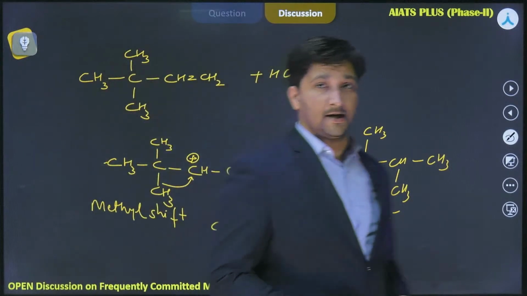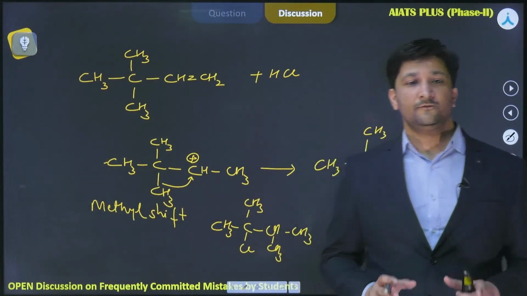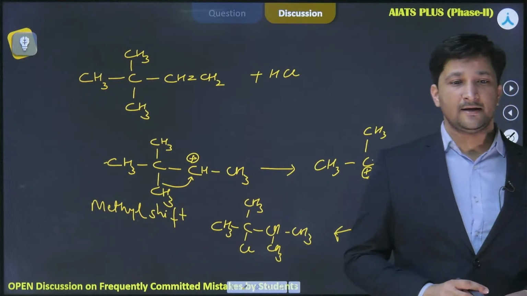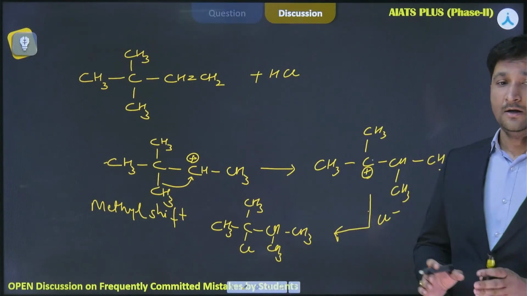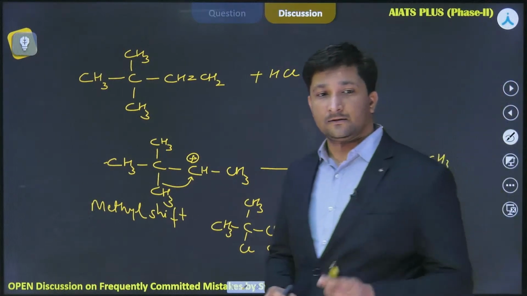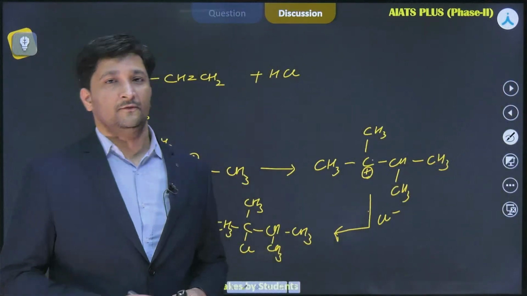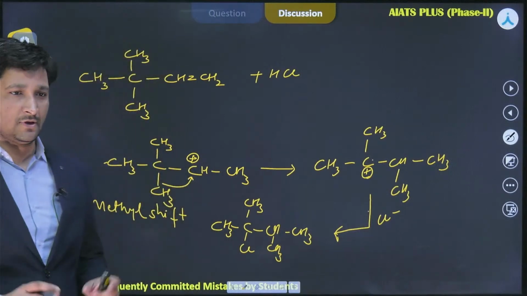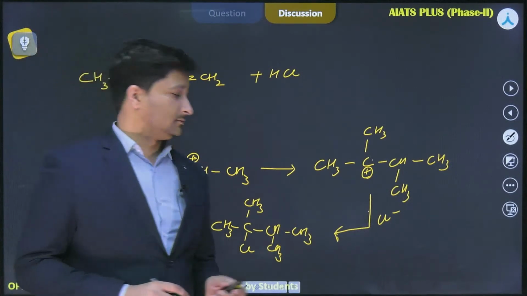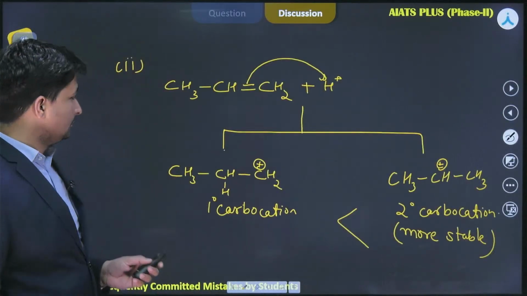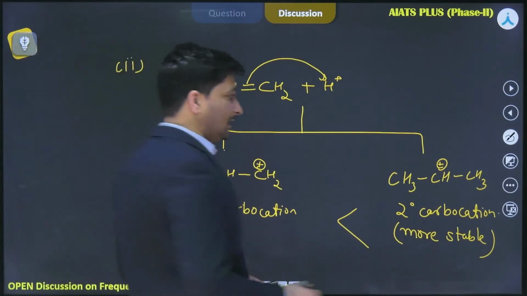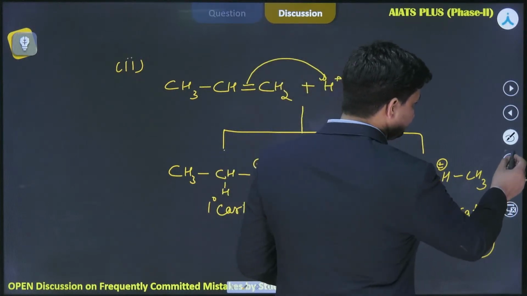Now, again, in the electrophilic addition of alkene, there is one more very important reaction, that is called peroxide effect or Kharash effect, that follows the mechanism of free radical addition. So I am going to discuss that also. As we have discussed the Markovnikov rule, now we are going to discuss the anti-Markovnikov addition. Suppose